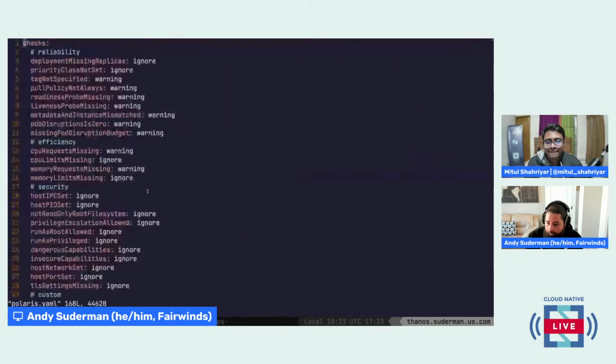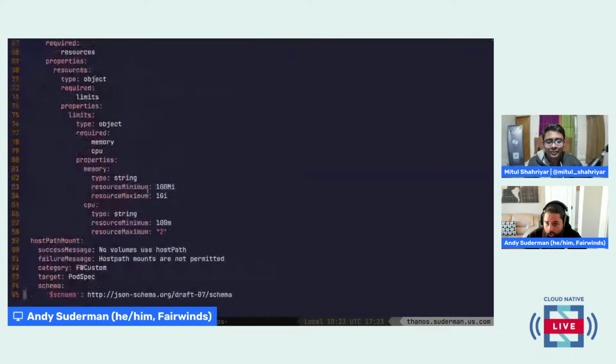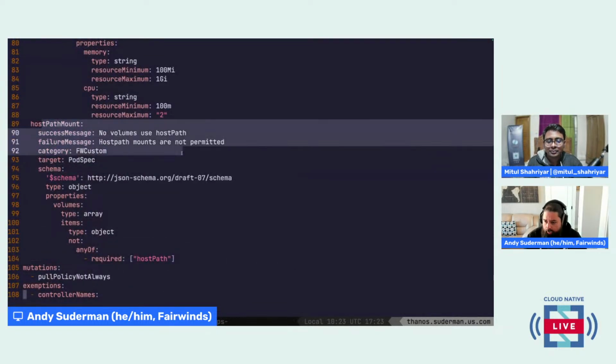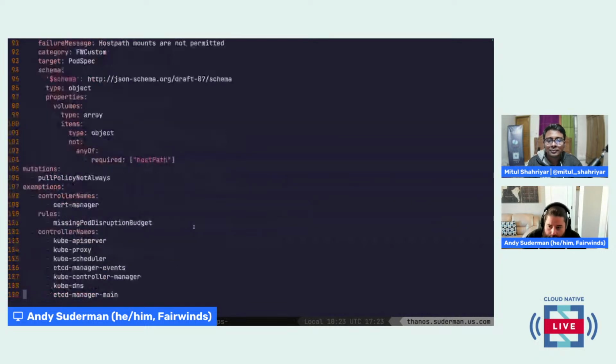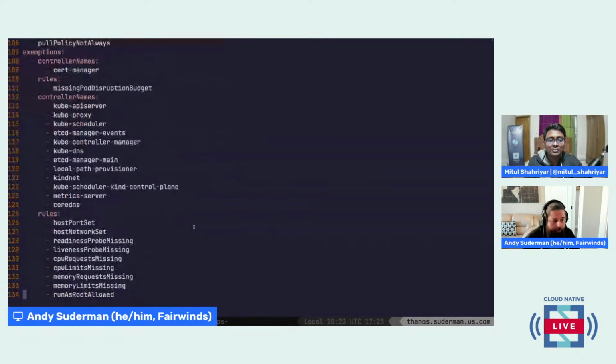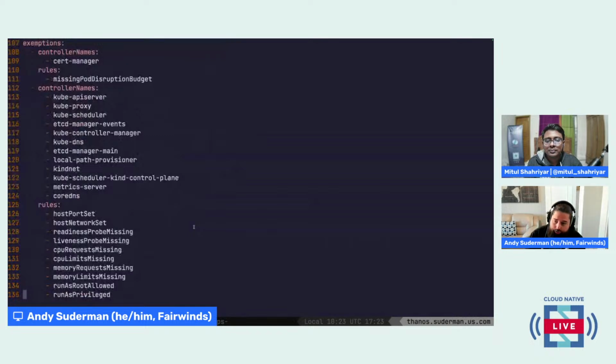So we'll just keep going down the road with Polaris. We've got our custom checks. We've got another one here that says you can't have host path mounts because those are dangerous. And then we have exemptions. So this is where we start to get into a more complex policy strategy because there are things in your clusters that are going to need host path mounts. There are things that are going to need host networking, particularly CNIs and various other storage controllers and things like that. And so we have the ability to say, centrally from this central config, which I'm deploying across all of my clusters via GitOps, that these things are allowed to violate these rules.